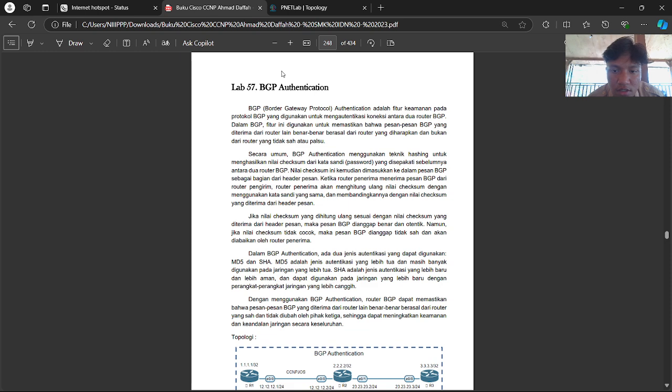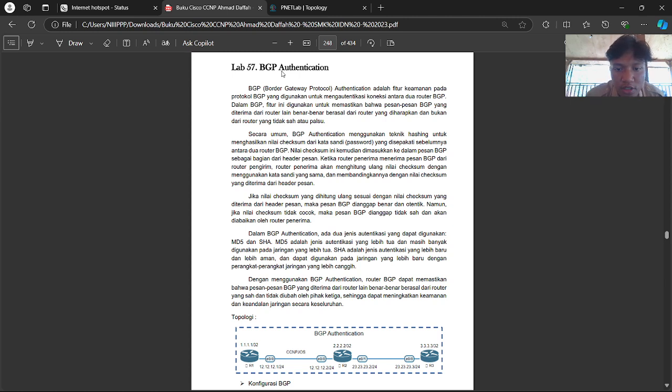Authentication is a security feature that the BGP protocol has, and this feature is used to authenticate the connection between BGP routers. So this feature is used to make sure that the message BGP has received from the other router is really from the router that the BGP router wants, not a fake router or an unknown router.